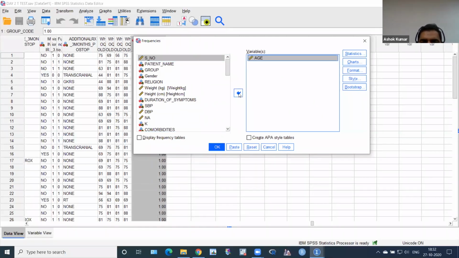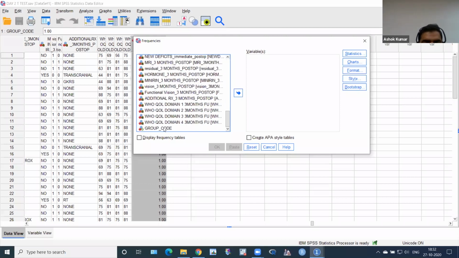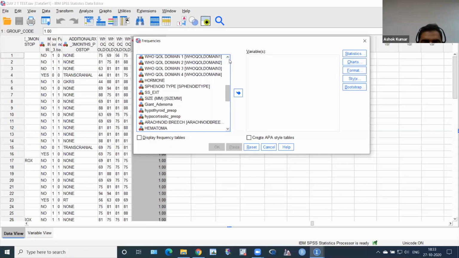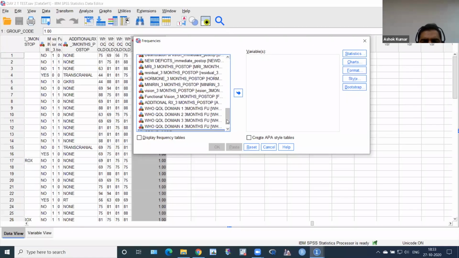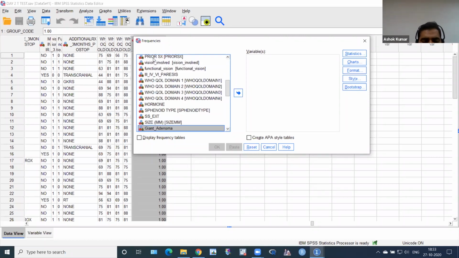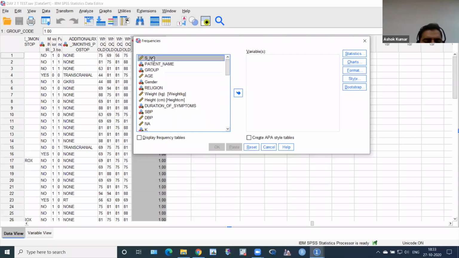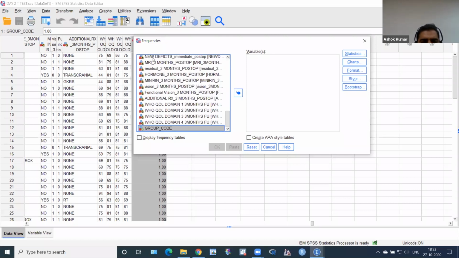I have done all the things with age. So please come back, respect your variables. Click group code. I know where is group code. Otherwise, if you have a long data sheet, I know that I have given group code. So just click here, the variable list, and press G on your keyboard. So G, group, and then gender, and then group code. There is no need to search for my variable. Only just press here and G, group code. Okay, group code here, very good.